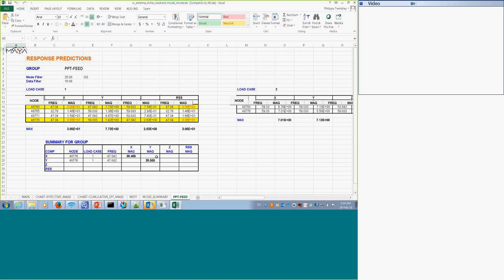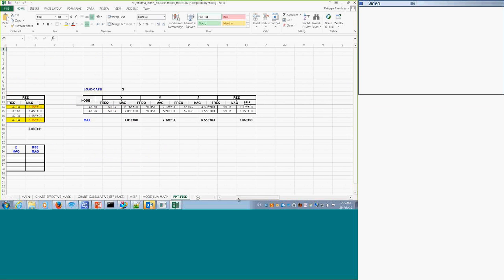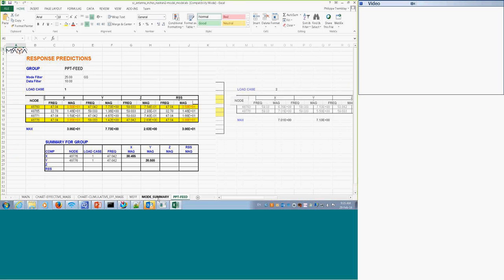So I had a bunch of nodes in this group, and I want to see all the modes that give me more than 25 G response. And the other is a mode at 47 Hertz. X of 35 G's magnitude, because you know these are complex results. The magnitude is 35 G's, and the Y and the Z are very small. So our magnitude of acceleration is about 36 G's in X, and for loading in the Z, I had about 10 G's only.